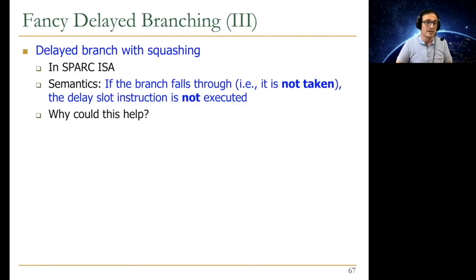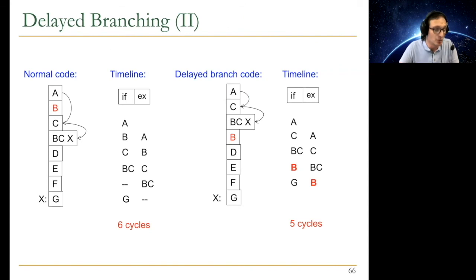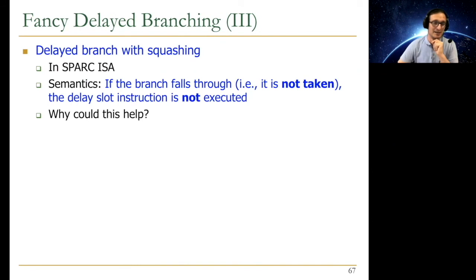Now, the problem is this doesn't always work, first of all. So people have actually increased the sophistication of delayed branching, if you will. MIPS, actually, the processor you're designing, has delayed branching, unfortunately, let's say, as we will see in a little bit. But people actually looked at fancy delayed branching so that they can fill the delay slot better. So in SPARC ISA, for example, which is another example of this RISC philosophy, reduced instruction set philosophy, they have